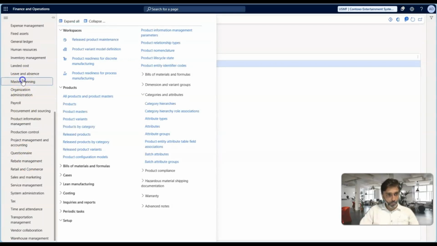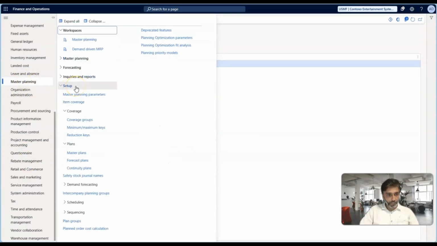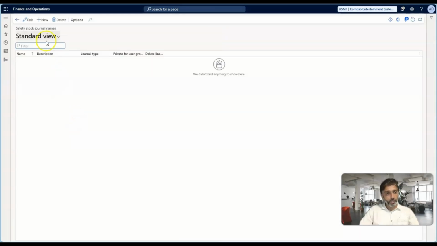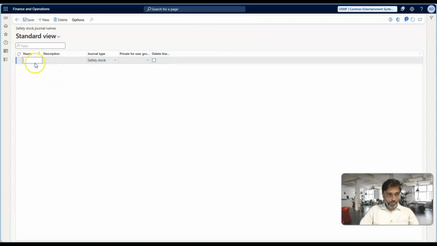If we get into master planning, under the setup you have an option called safety stock journal names. First you need to create it, so in the system there are no safety stock journal names. First you need to create a safety stock journal name, and then once it is created, let's say safety stock, give a description,